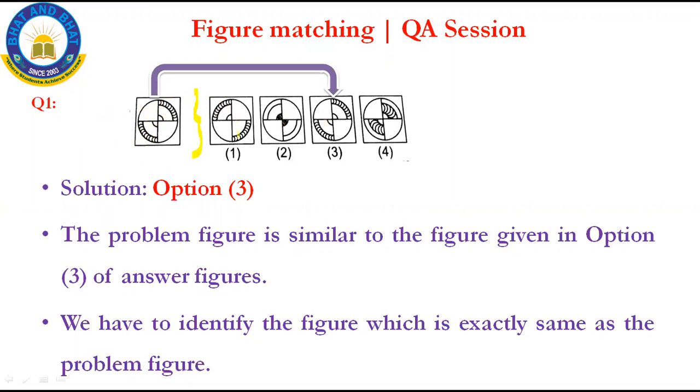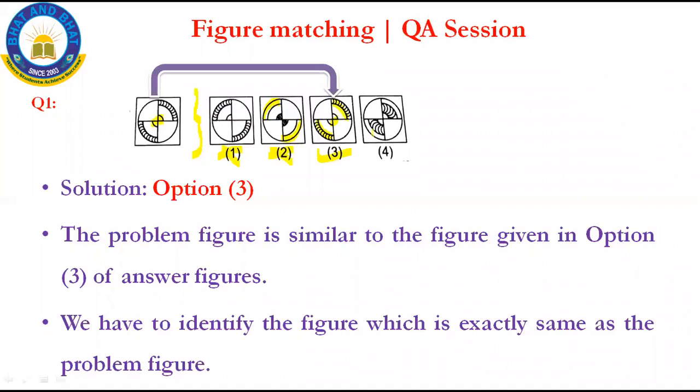See, option 1 is not the correct answer. Why? Because in the question there are two triangles like this, but in option 1 it is not that. So option 1 is not the correct answer. Now we'll go to the second one. Why is the second one not the answer? Because see, in the question figure it is completely designed. Here it is blank. Can you see here? Therefore, option 2 is also not the correct answer. We'll go through option 3. Yes, see here a circle and then a design part and then the two triangles, isn't it? So option 3 is the correct answer.